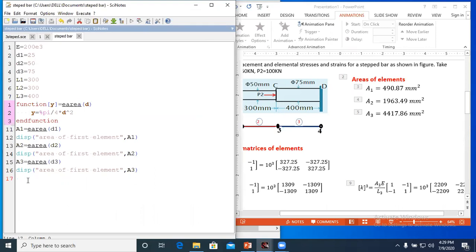Now write the function. Again, the function will start with the function keyword. Now again I will write the return argument. Again, you can use the same name for the return argument because it is local to this function. Okay, this y is different and this y is different. It is local to the function. Now I will write E stiffness as the function name. Now what you want to receive, that means how many variables you are going to receive: area, modulus of elasticity, and length. So I will write A, E and L.